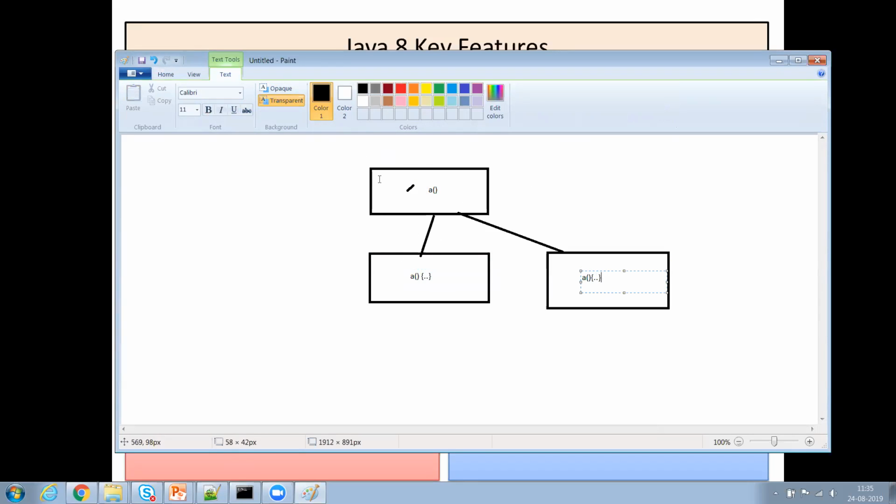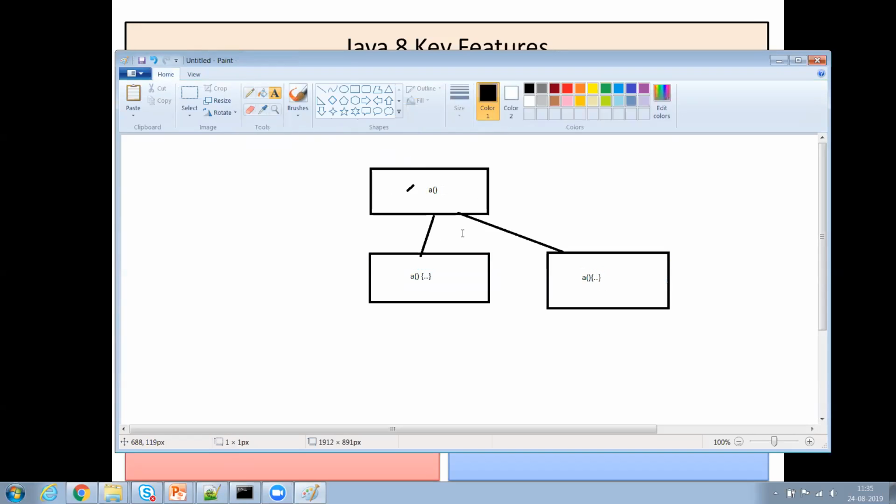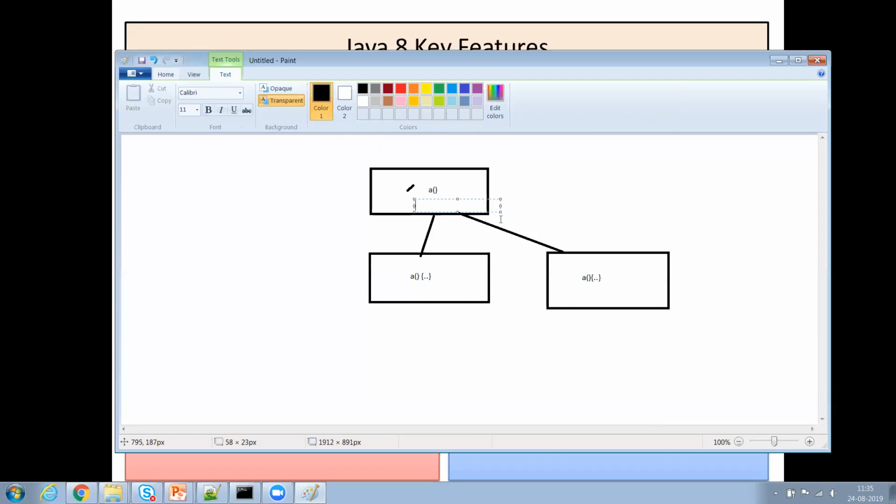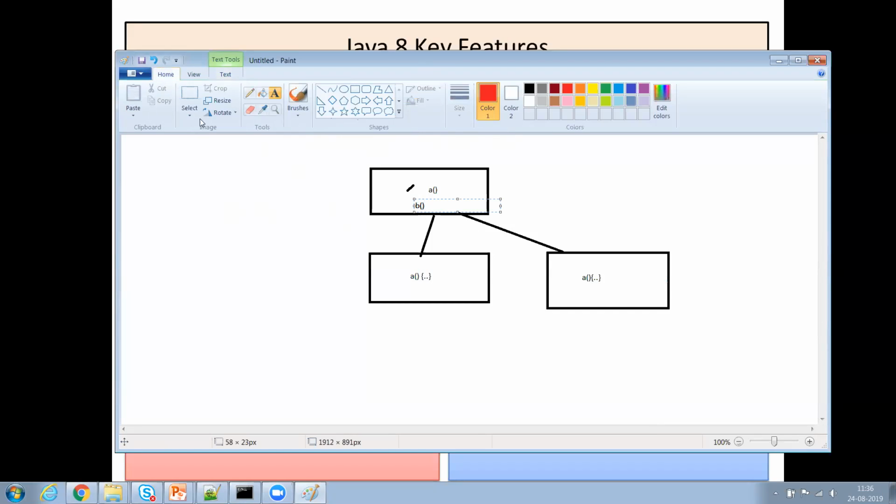Now this is all good, and it goes to production and everything is running fine. Now I think that I want to add one more method here called b. Once I add method b, it throws an error here, because of unimplemented methods. It says that you have to override method b also.